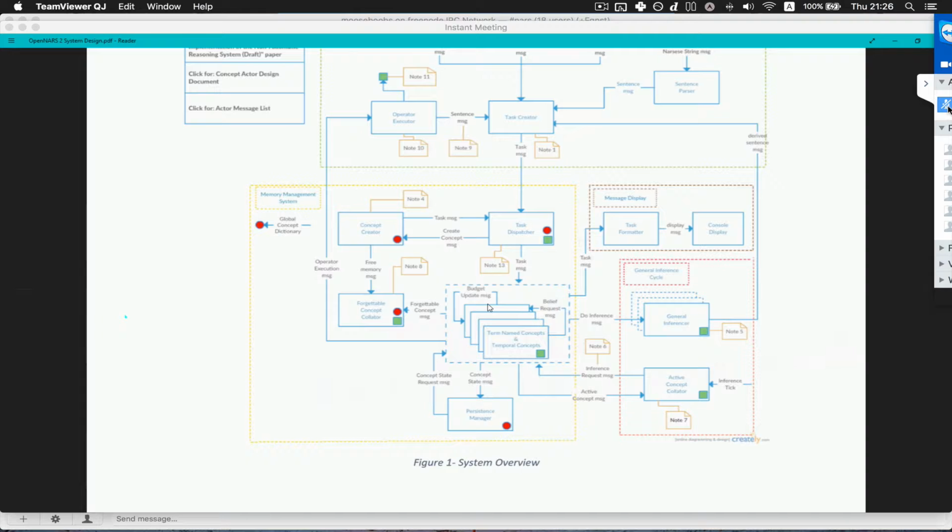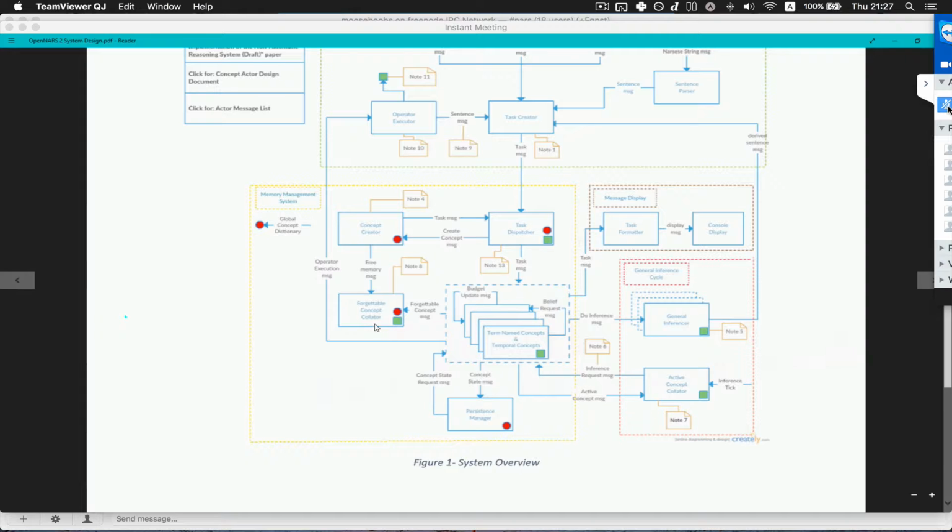Yeah, for any that it finds, it can just send the forgettable concept message again. It doesn't matter if it's already sent it. It doesn't really make any difference. It just goes into the collection. So that shouldn't be a problem, but we can fine tune that. I mean, does anybody have an alternative to that? Not now. Okay, so